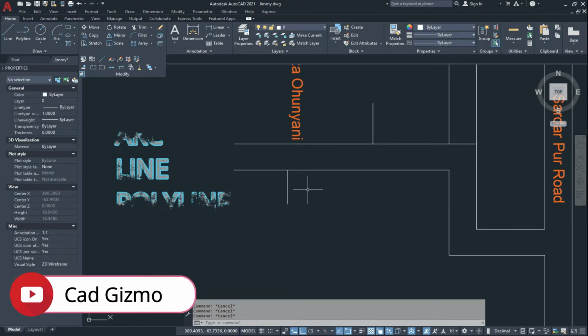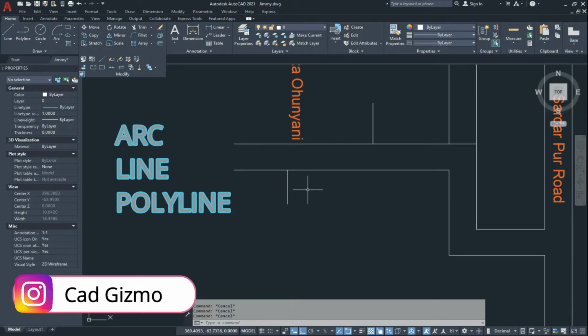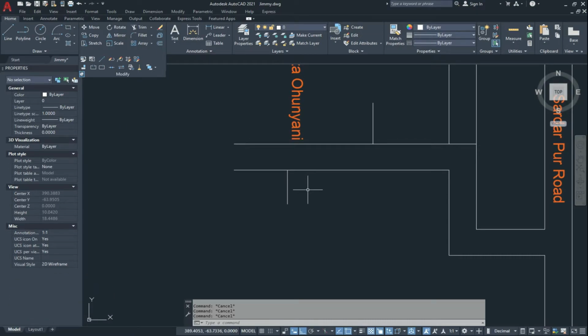You can use this tool on line, arc and polylines. And closed objects like circle cannot be broken at a single point, so you cannot use it on a circle.